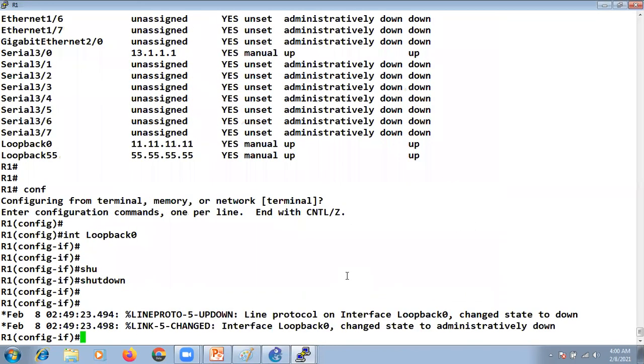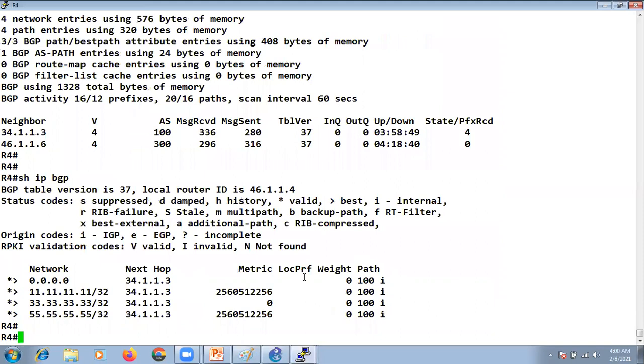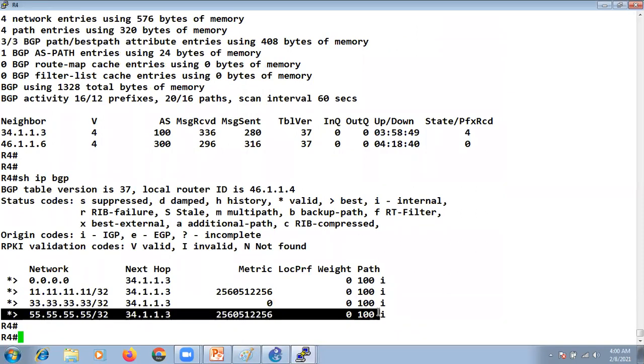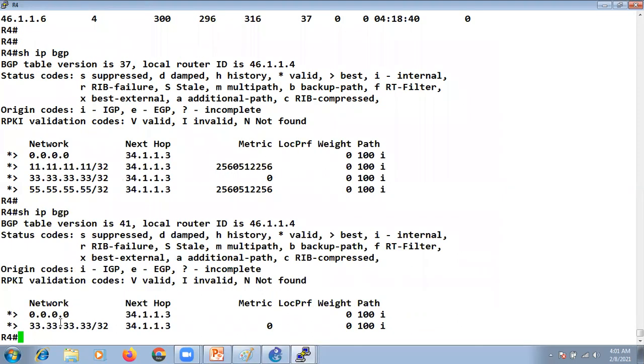But because we have put the condition, now if you go to R4, earlier it was receiving the route, but now because in the R1 table this route is disappeared, and we put the condition that till the time it is there in the BGP table of R3, only then it will send the update to R4 for this particular subnet. But now this subnet is no more in the BGP table of R3, that's why it will be disappeared. You see, right? Now 55 here is disappeared from here.